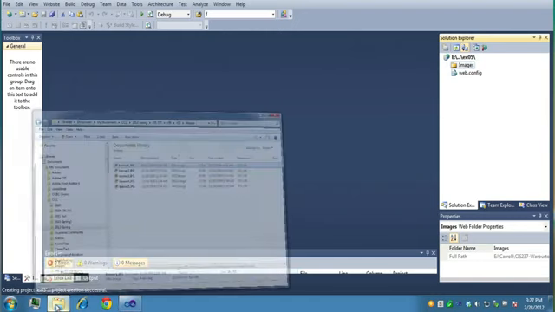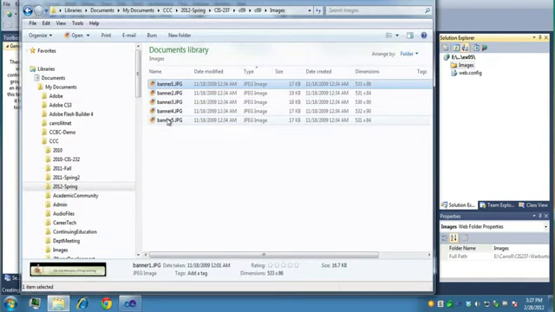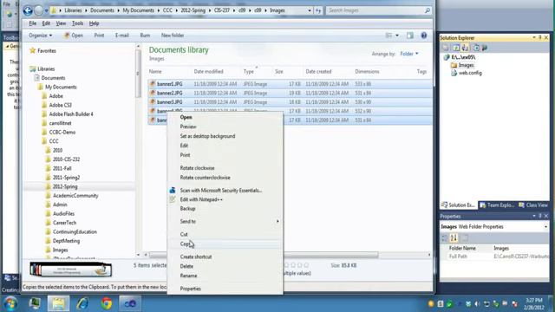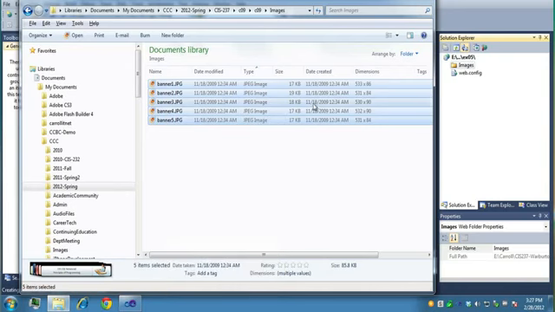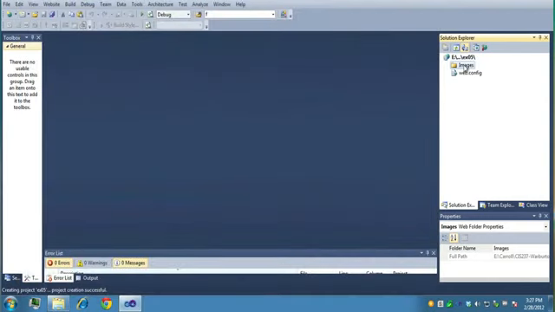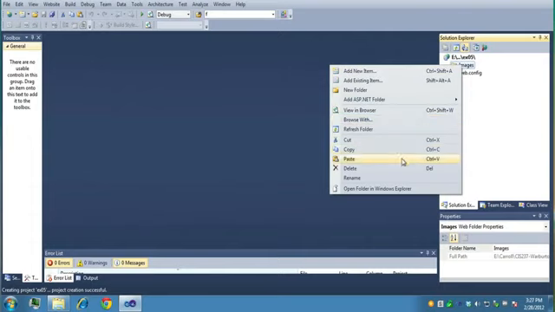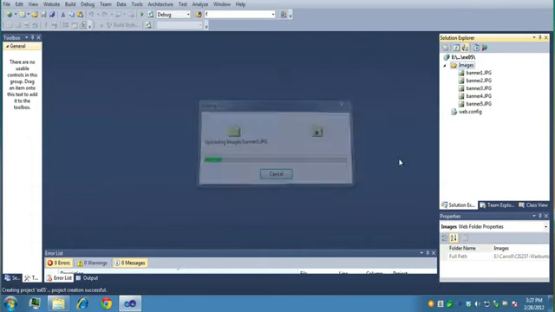And I already have these files set up. I'm going to highlight these, right-click, and copy them and bring them in. Notice before I do, though, that they're relatively small in size, and the dimensions should be exact, but they're not quite. I've just sort of eyeballed it, but for you, you might want to make sure that you have the exact dimensions you want for each ad, so there's no play, right? They all take up the same amount of space. You can see this is 533 pixels wide by 86 pixels in height. All right, so I'll just right-click over here on the folder and paste those in,